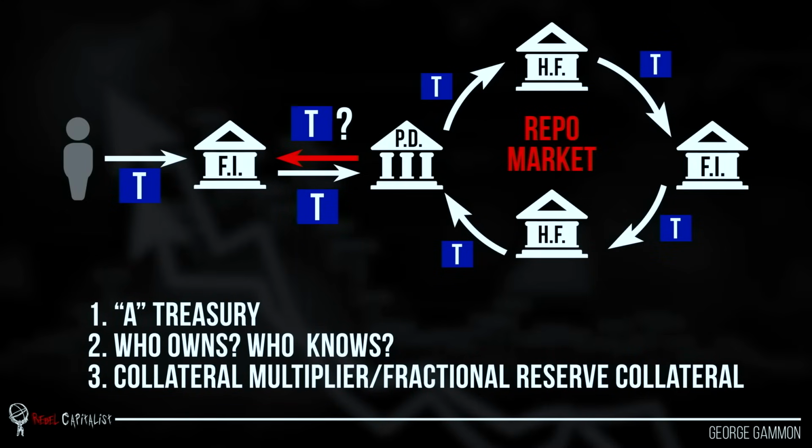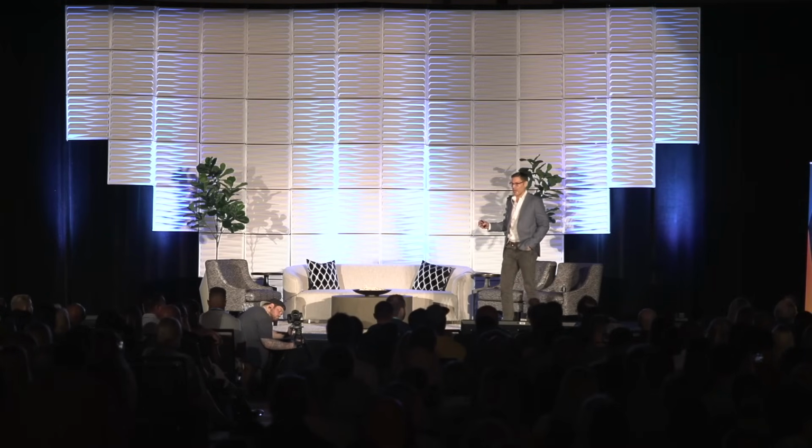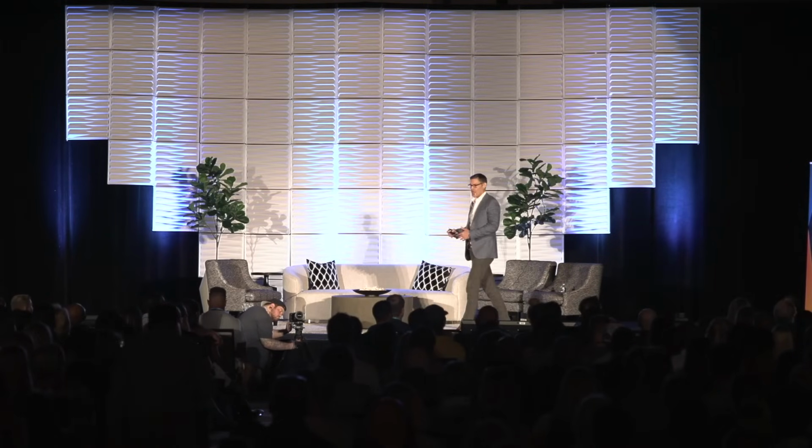So we've got you, the average Joe, and you put your treasury in safekeeping with a financial institution. Then we've got a primary dealer that goes to that financial institution and says, hey, I need to borrow that treasury. Okay, so what the primary dealer does is take that treasury and lend it or use it as collateral, but it goes into the repo market. And this is just a market for dollar liquidity. And it's overnight. It can be two-week term repos, maybe 30 days.